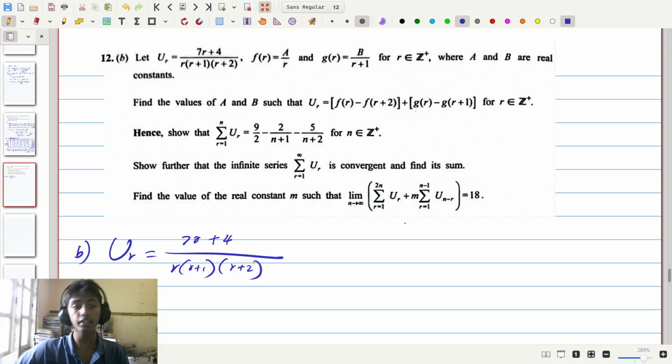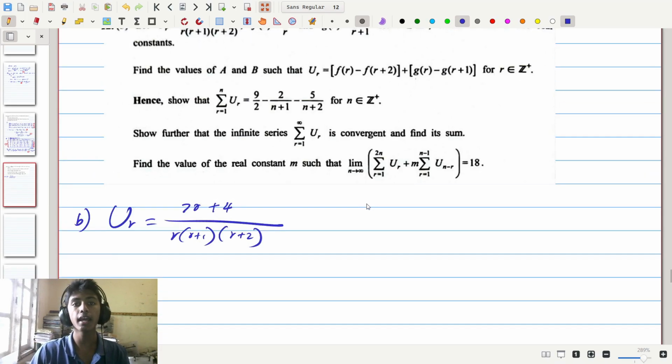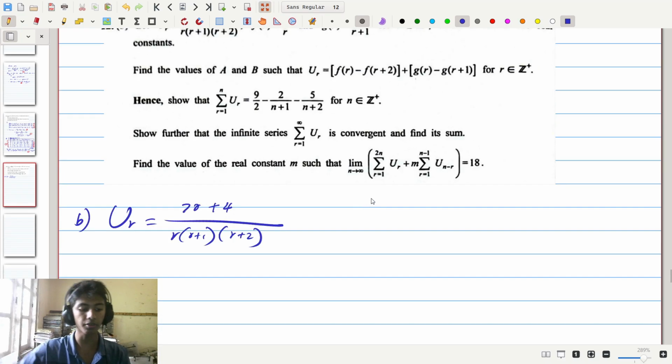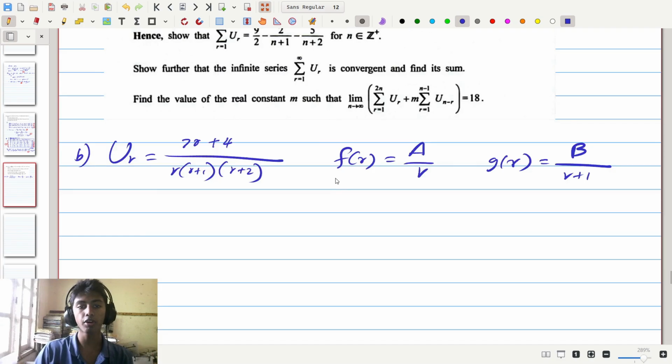So U of R is (7R plus 4) divided by R times (R plus 1) times (R plus 2), and then F of R is equal to A over R and G of R is equal to B over (R plus 1). Now from what we are given, which we will actually write from the equation given,